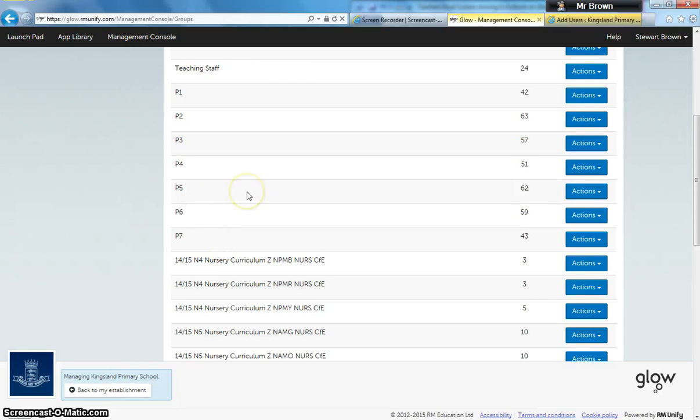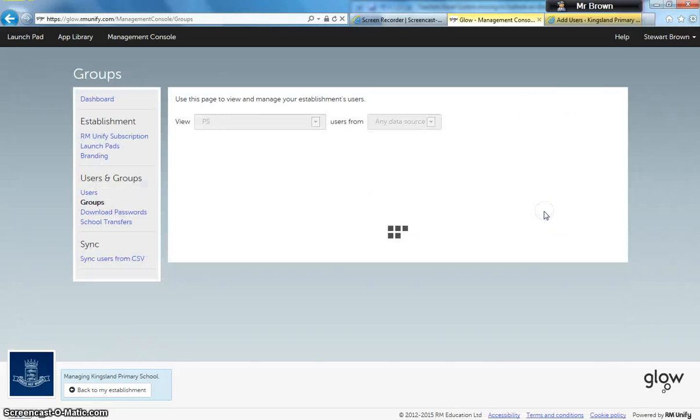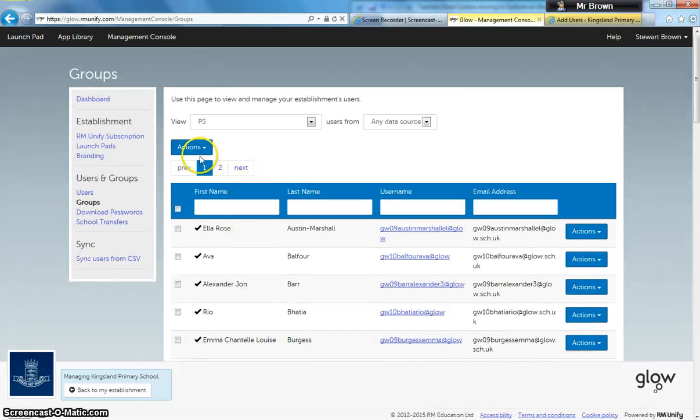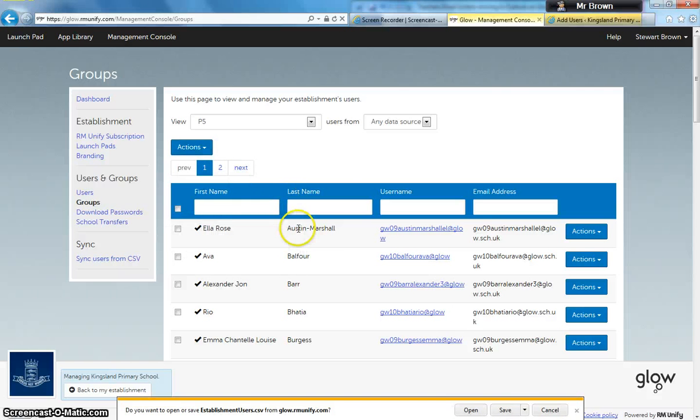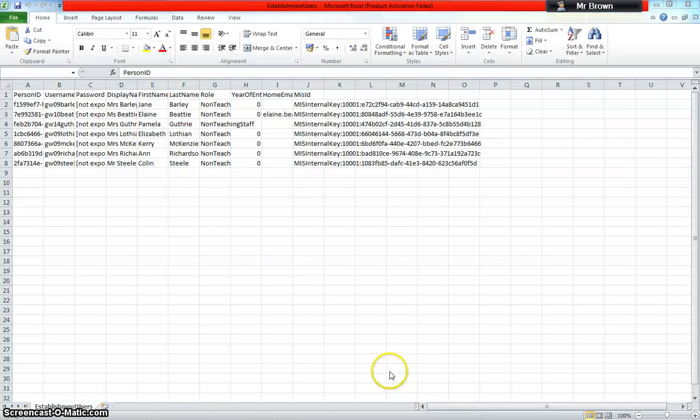So it just depends on how your school's structured in terms of classes, and you may have to end up downloading a few, or you may be able to just download one. So I'm going to go to Primary 5s, and I'm going to choose View Members. From here, I'm then going to choose the actions at the top, and I'm going to choose the one that says download all users in the group, and I'll just click open, and that'll open, or it should open in